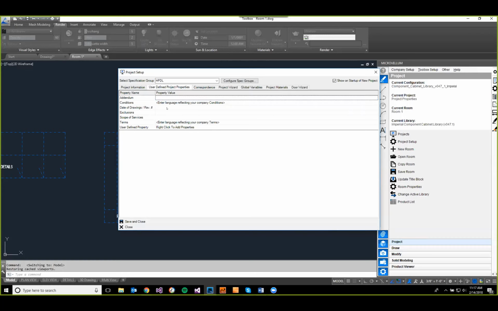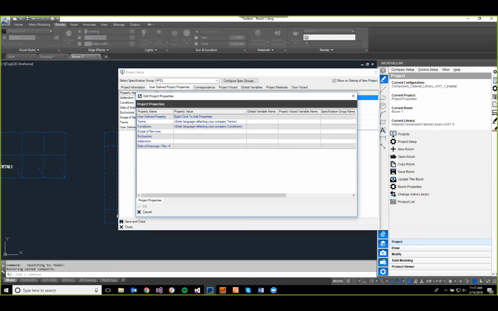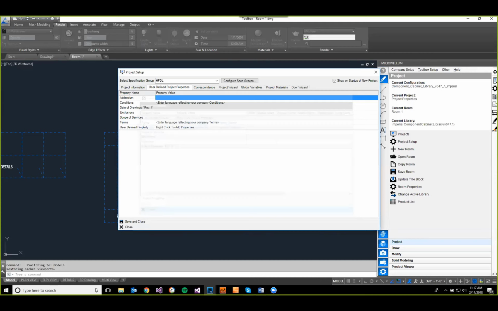We can access our template level ones by right-clicking, and we can say show template project properties. So this is going to open up this screen here, and this is where we would actually go about adding or redefining the existing properties, and then any of these will get pulled into any new project that we create. So we'll go through and actually add a new project property here in a second, but there is one more